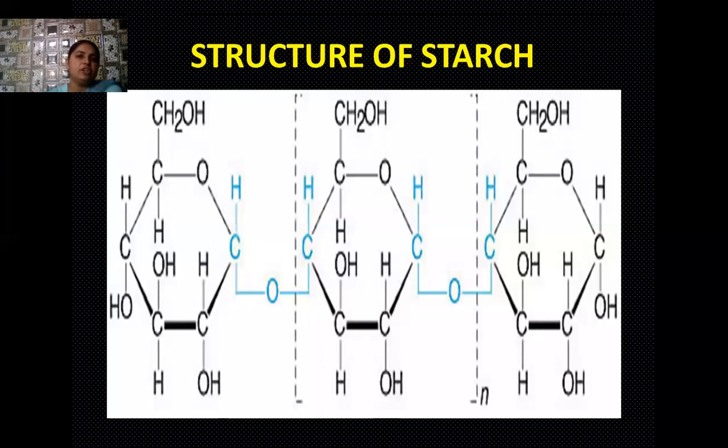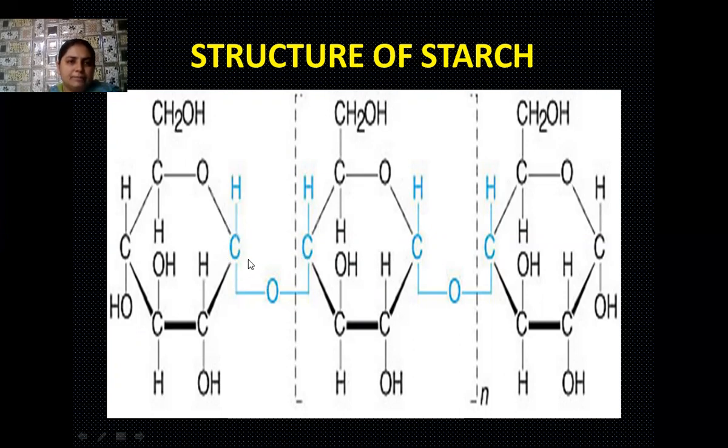Yes, students, here the structure of starch is visible to you. So you can easily see the formation of the glycosidic bond here. See the adjacent heterocyclic rings of the monomeric units and the adjacent carbon atoms. Always on one carbon atom there is an H that is present, and on the other side an OH group is present. Similarly, the condition is the same for the other carbon atom. One H is there and one OH group is there. So a glycosidic bond is always formed by the removal of one water molecule between these two adjacent carbon atoms.